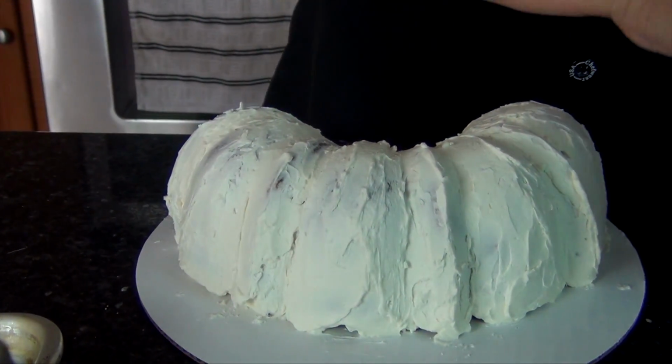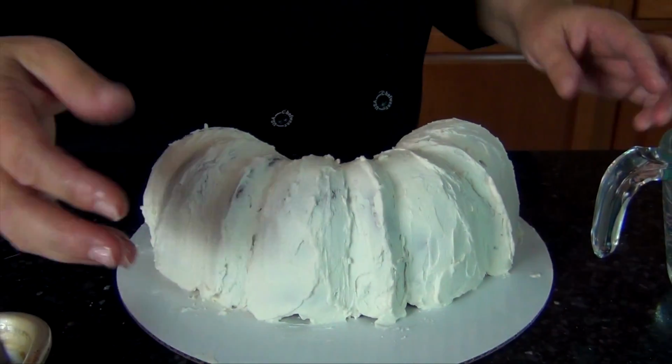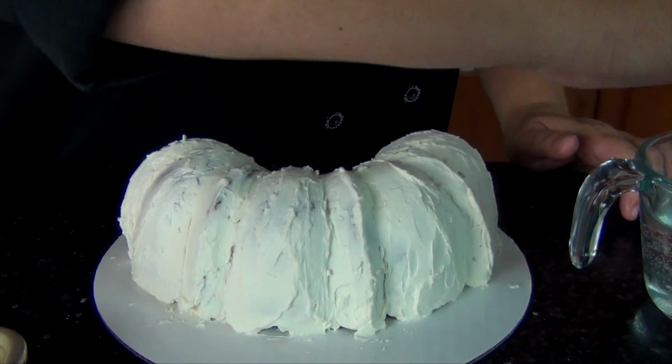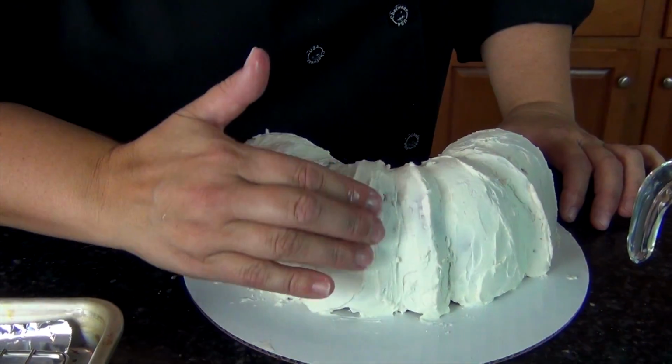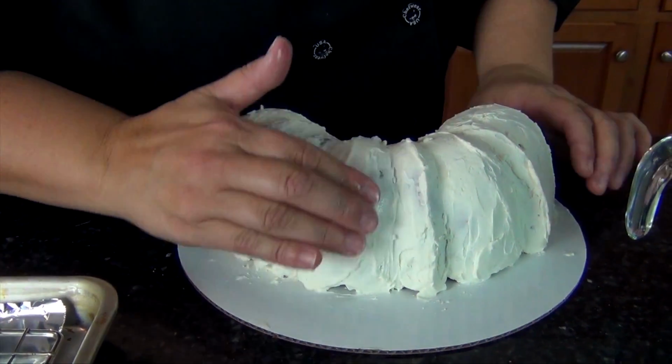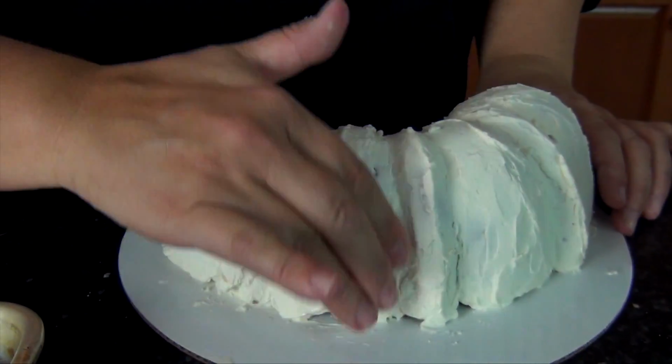So what I want to do is I'm just dipping my fingers in the hot water. I'm working with clean hands. Make sure you wash your hands before you do this part. And I'm just going to take somewhat moist fingers, not sopping wet, and rub out those extra bumps to smooth it out. You want this nice and smooth underneath,